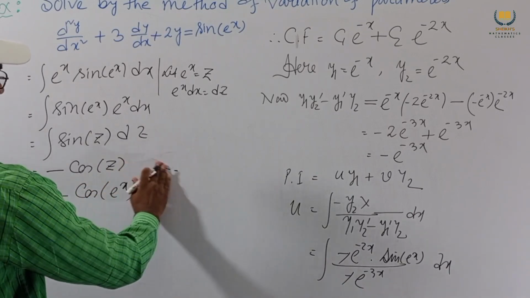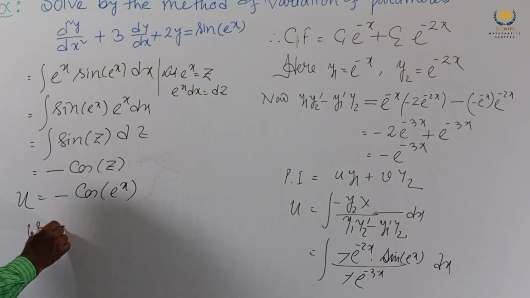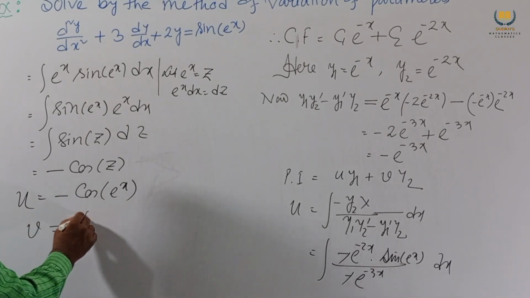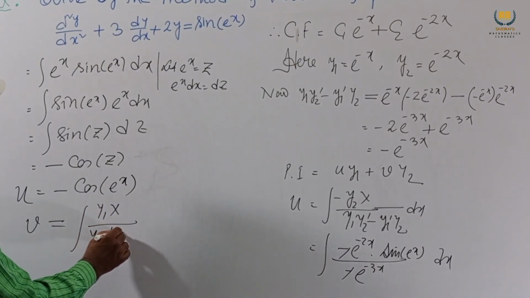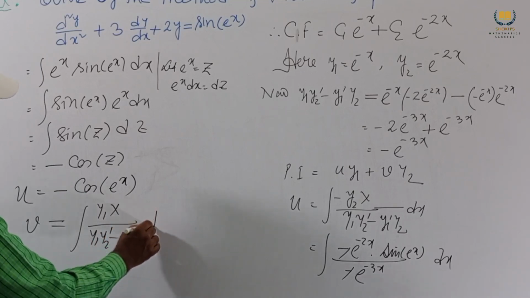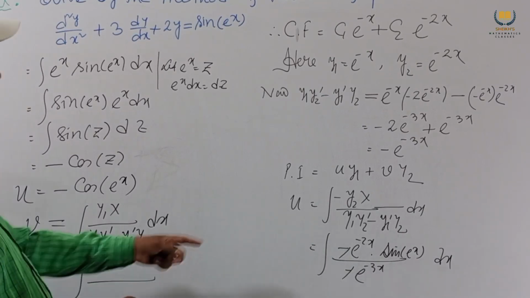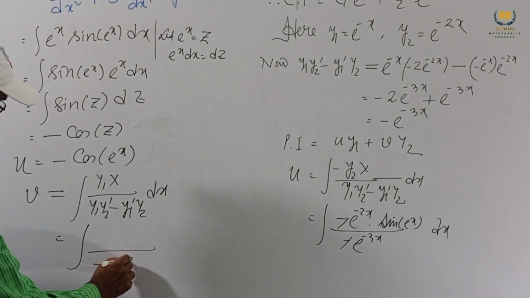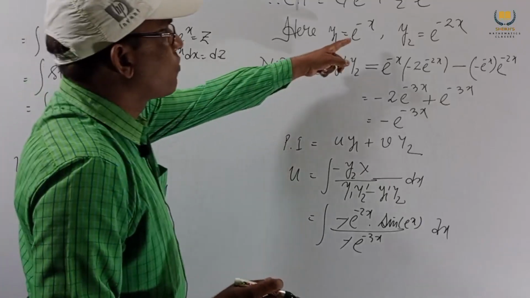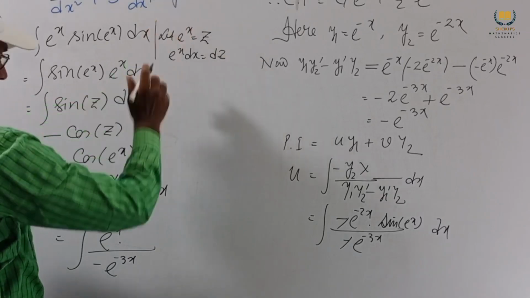We get here, no need to write c, this one we get. This is our u. Now v equals integration of y1 x by (y1 y2' minus y1' y2) dx. This implies this value we know, this value is minus e to the power minus 3x, and y1 means e to the power minus x, and x means sine